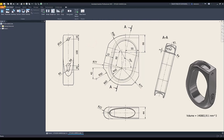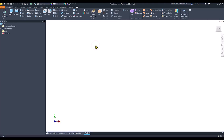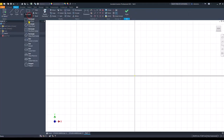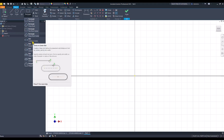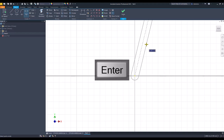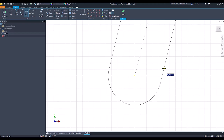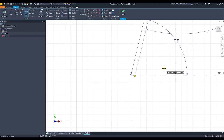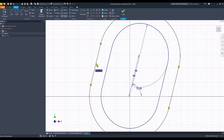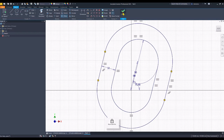Let's start. New standard millimeters IPT, XY plane, and we select slot center to center. Start from here with a line of 60, tab 75, and the diameter is 45 multiplied by 2. This is the first slot. Then we apply offset at 32. Finish sketch,